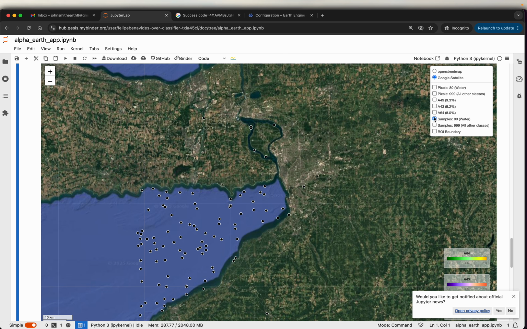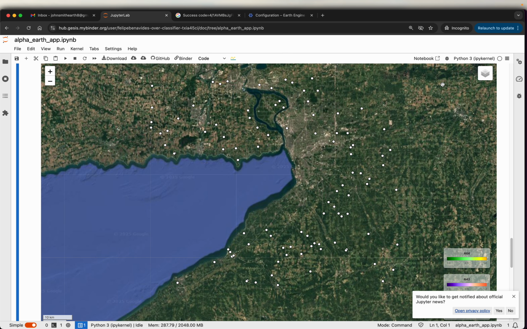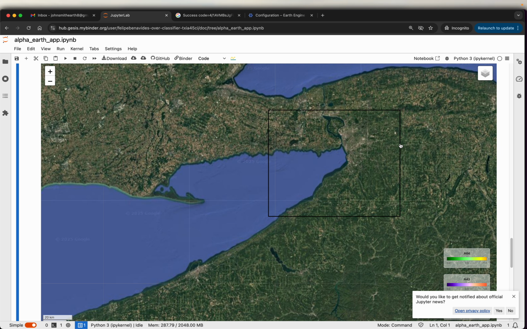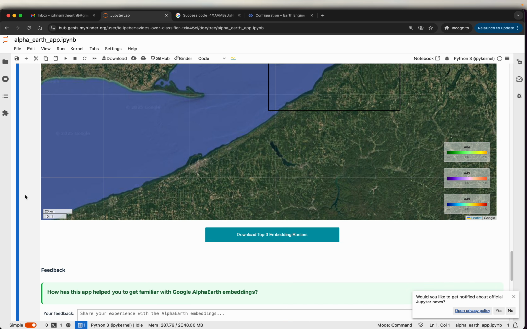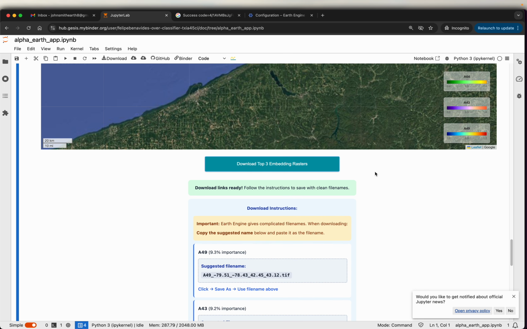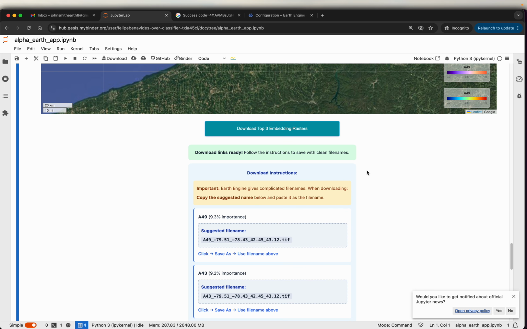You can see your samples for water land cover. You can see the samples for the other land covers, and you can see the boundary of your region of interest. And finally, if you want, you can download those top 3 embeddings as TIFF files,